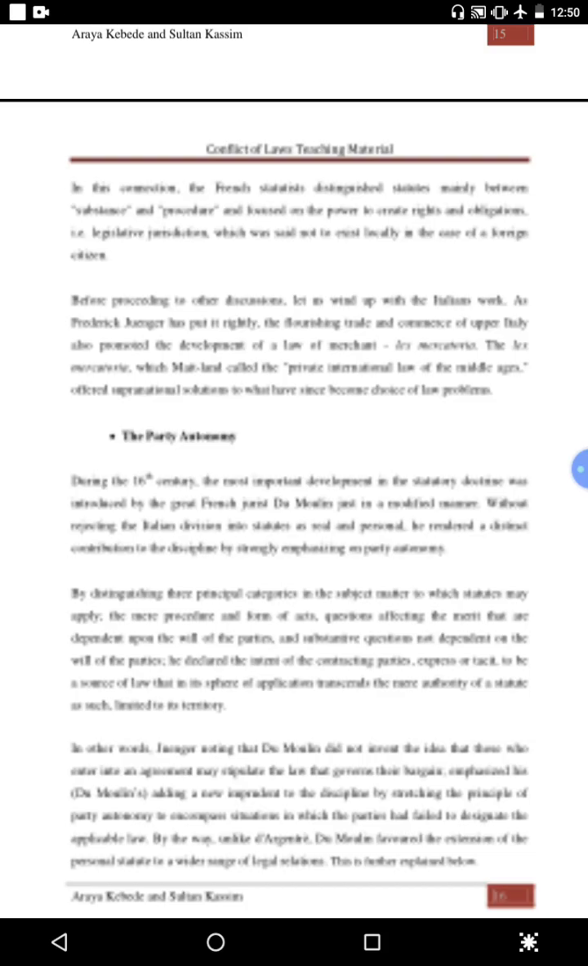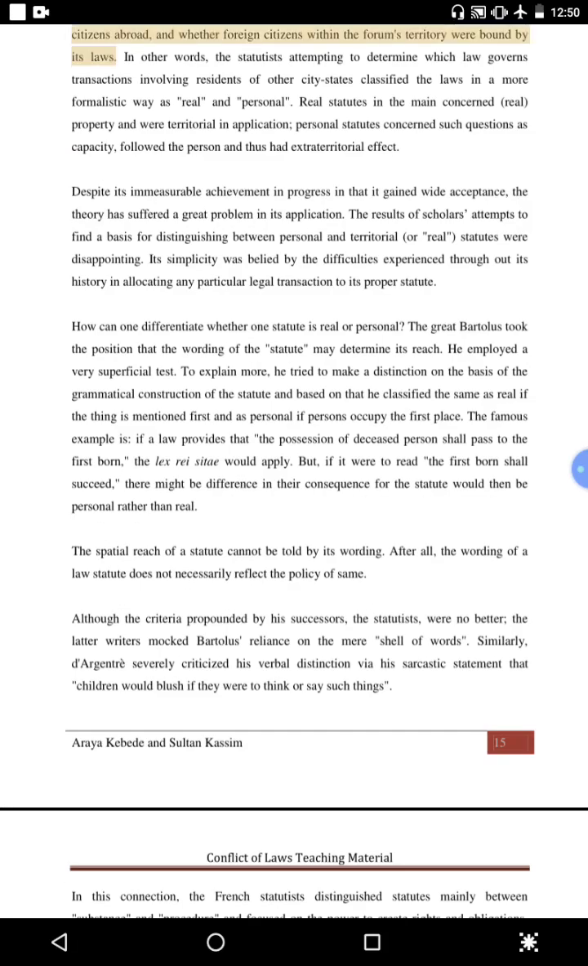Citizens abroad, and whether foreign citizens within the forum's territory were bound by its laws. In other words, the statutists, attempting to determine which law governs transactions involving residents of other city-states, classified the laws in a more formalistic way as real and personal. Real statutes in the main concerned real property and were territorial in application. Personal statutes concerned such questions as capacity, followed the person and thus had extraterritorial effect. Despite its immeasurable achievement and progress in that it gained wide acceptance, the theory has suffered a great problem in its application. The results of scholars' attempts to find a basis for distinguishing between personal and territorial